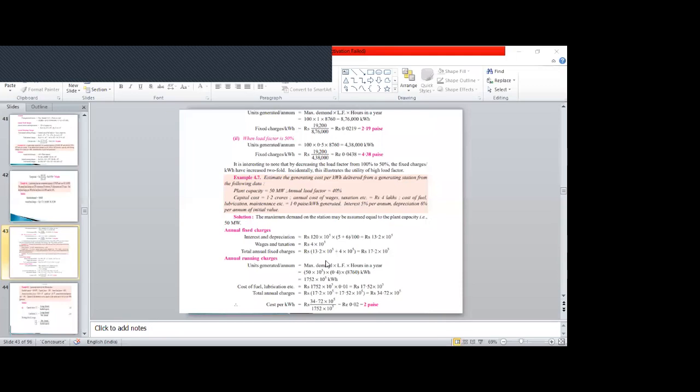So calculate total fixed charges from the given data. Finally, annual running charges. Wages and taxation come under running charge. Okay. Any doubts here? I expect